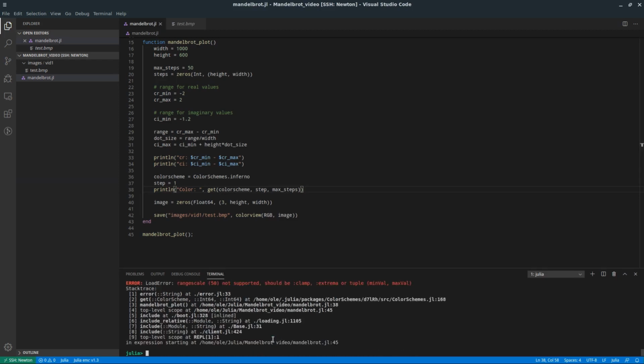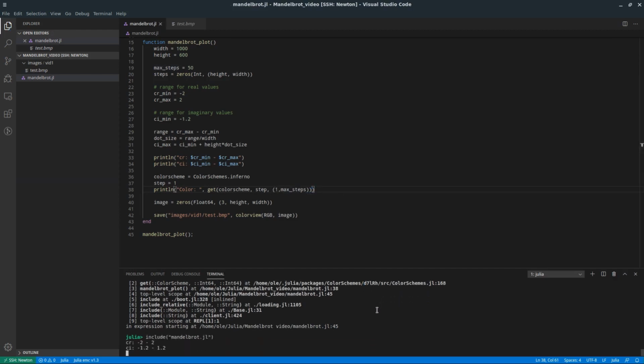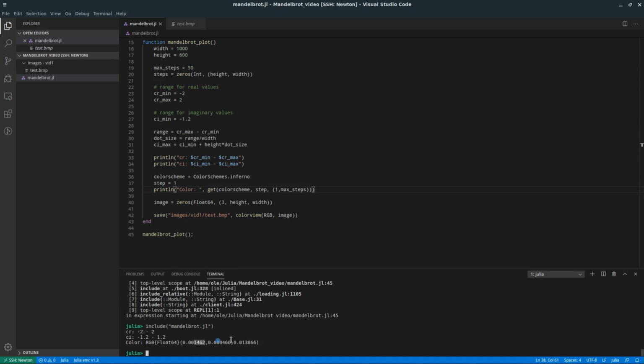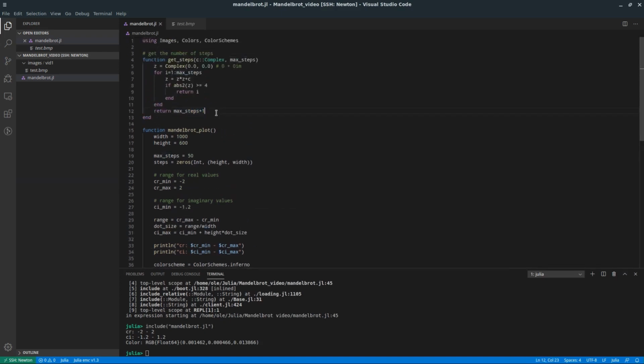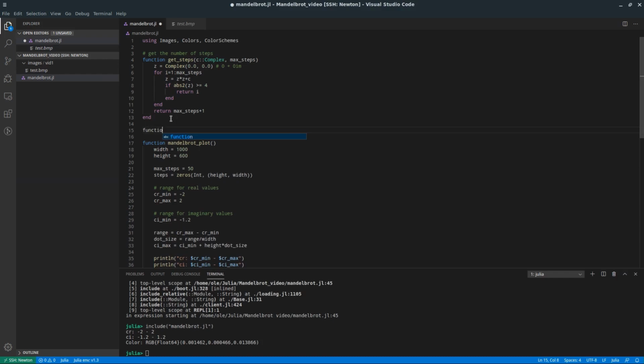And we would get from 1 to max steps, and then we get a color out of it. So because we have this part and we want to have it black, I will write a get color function which takes in the color scheme and the step and max steps,